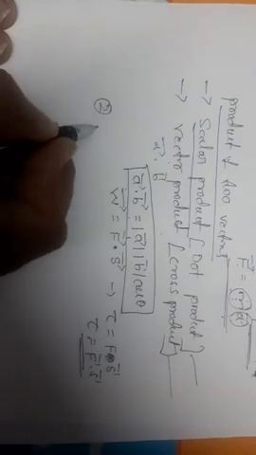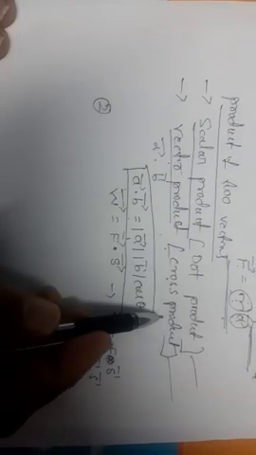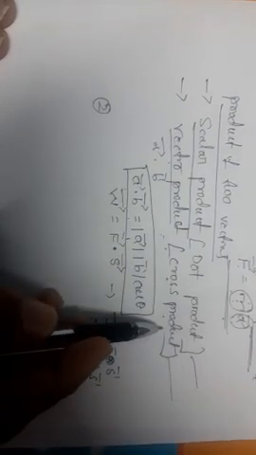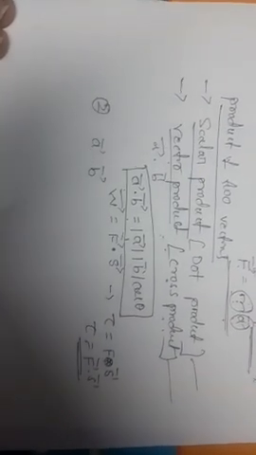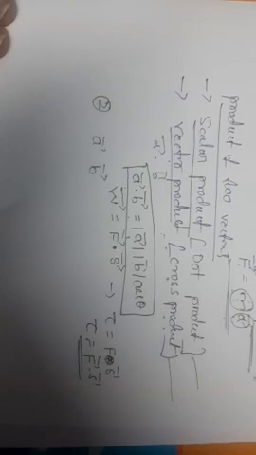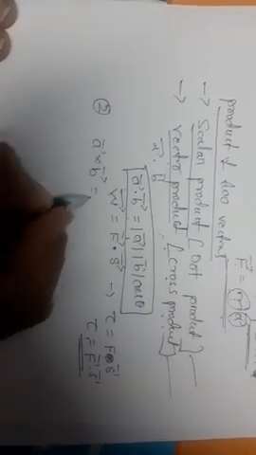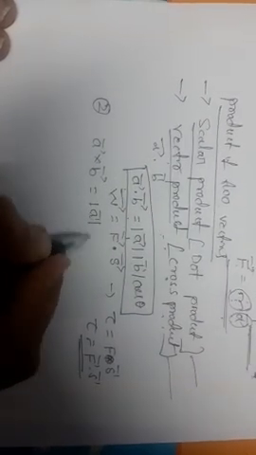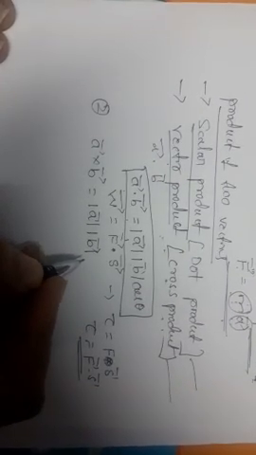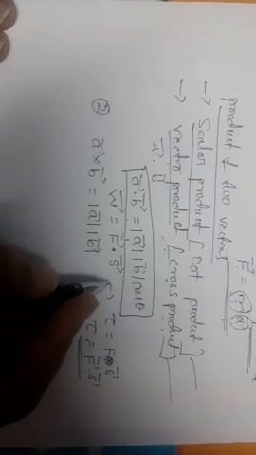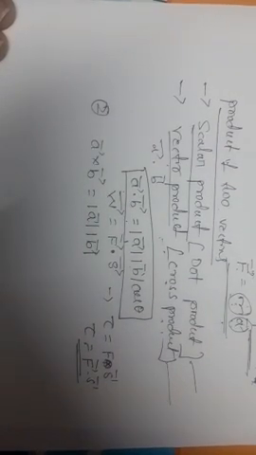And the second type is vector product. The vector product is also called cross product. If vector A and vector B are any two vectors, the cross product of the two vectors is defined as the magnitude of vector A, magnitude of vector B, and the angle between them is given by sin theta,